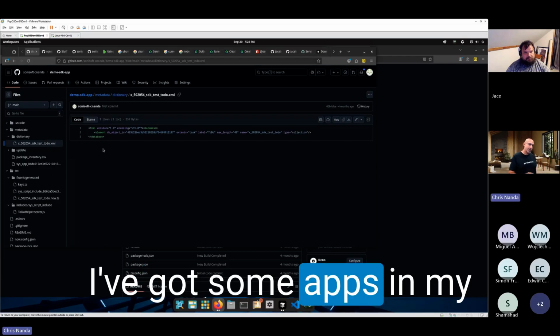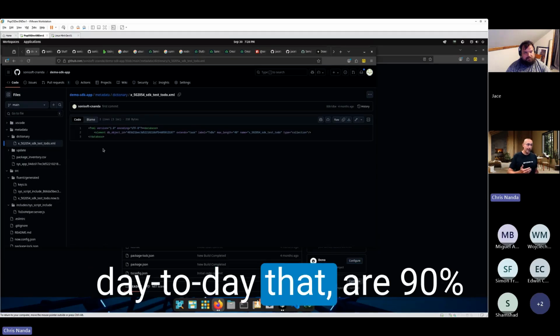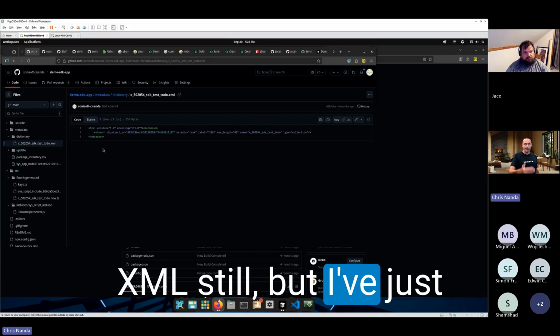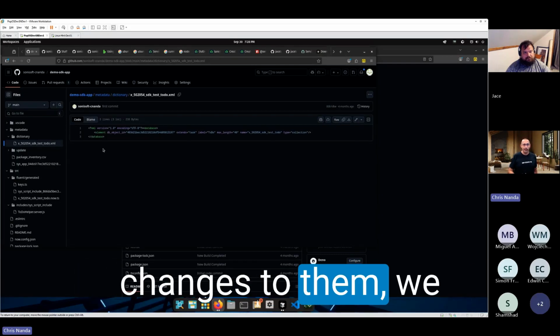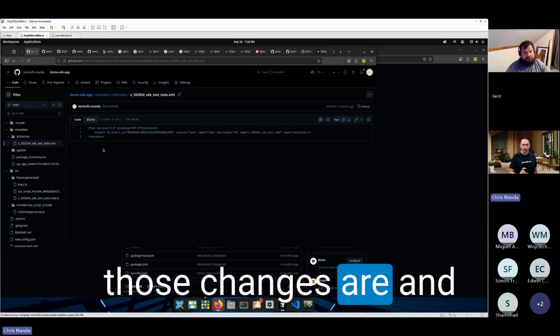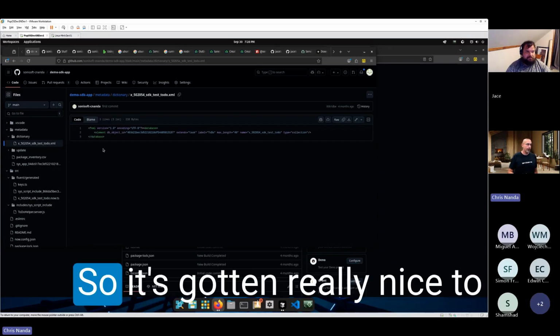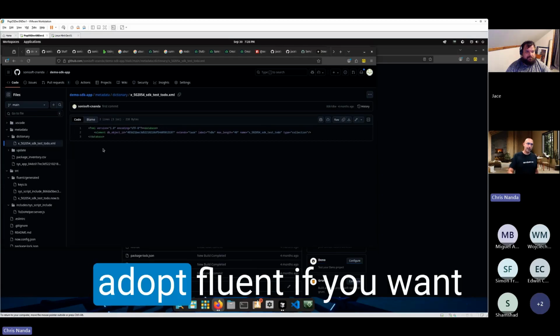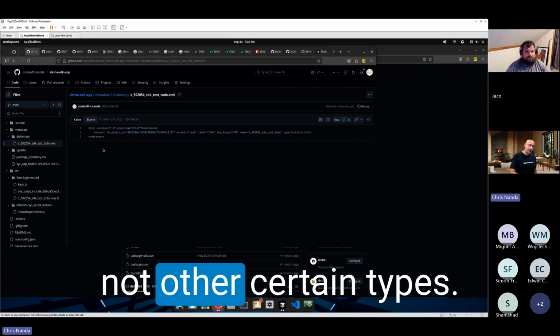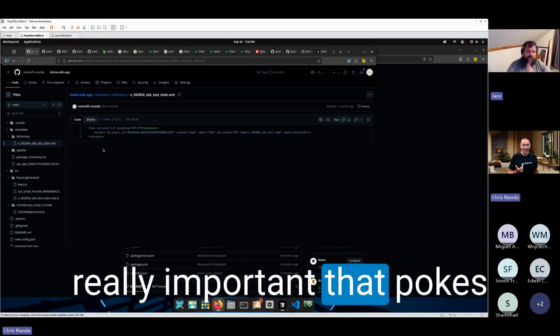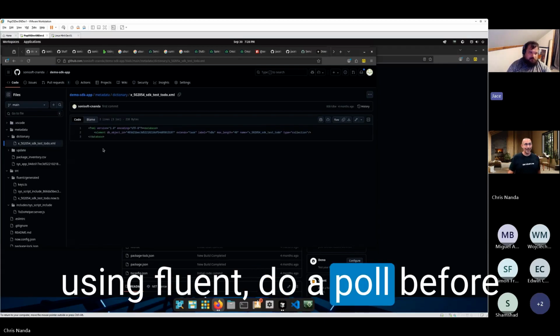I've got some apps in my day-to-day that are 90% XML still, but I've just moved my script includes and things like that. That way, when we make changes to them, we more easily can see what those changes are and compare them over time. So it's gotten really nice to be able to progressively adopt Fluent if you want to do certain types and not other certain types. Really important that folks using Fluent do a pull before they start